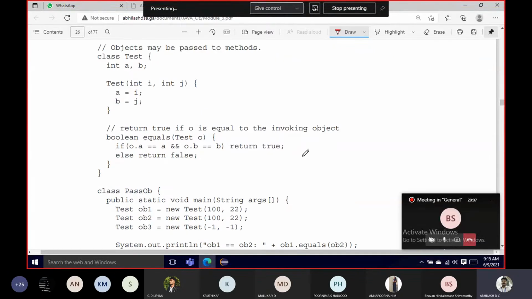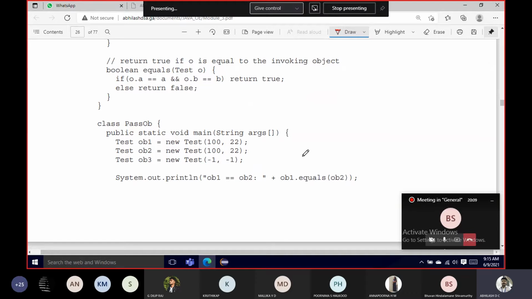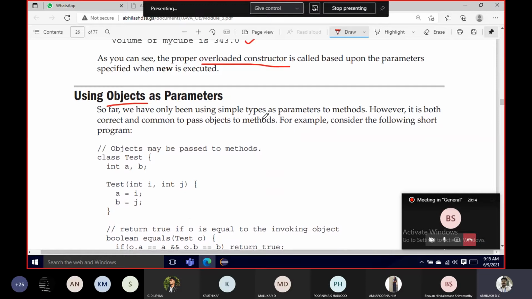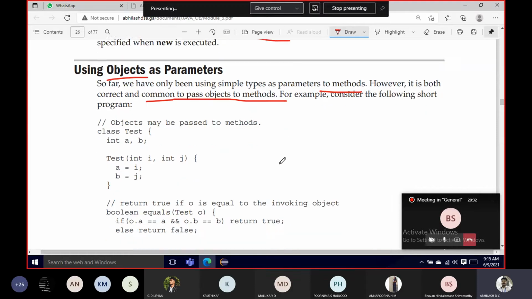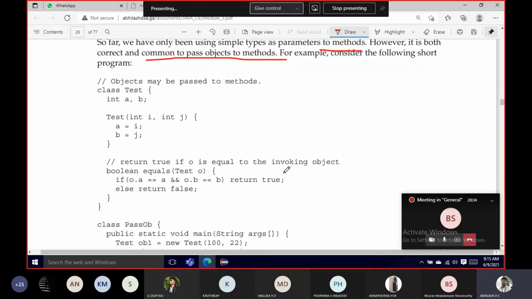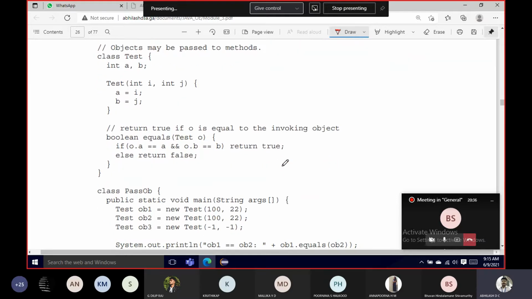All right, so we should look into that. Yes, the answer is yes, you can do it. So far we have only used simple types of parameters for methods. Simple types refer to your basic data types: int, float, double, char, string, boolean. And now we look into passing objects into methods. When are we sending the objects? So here,